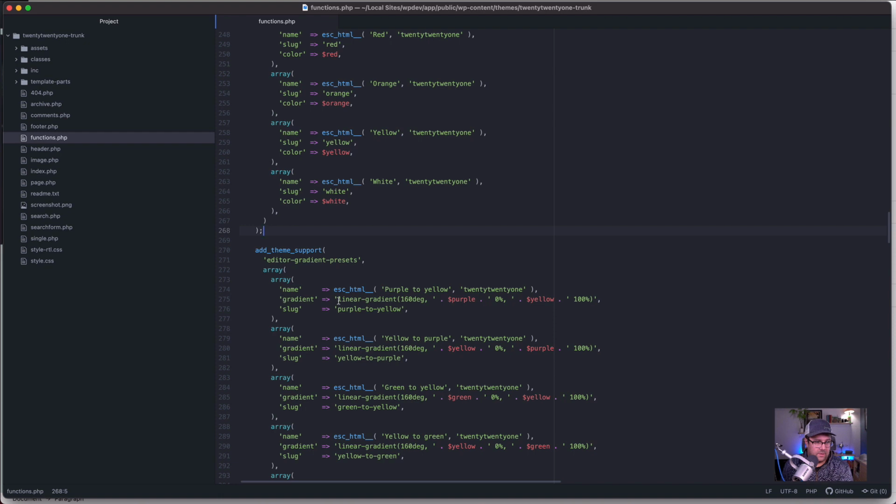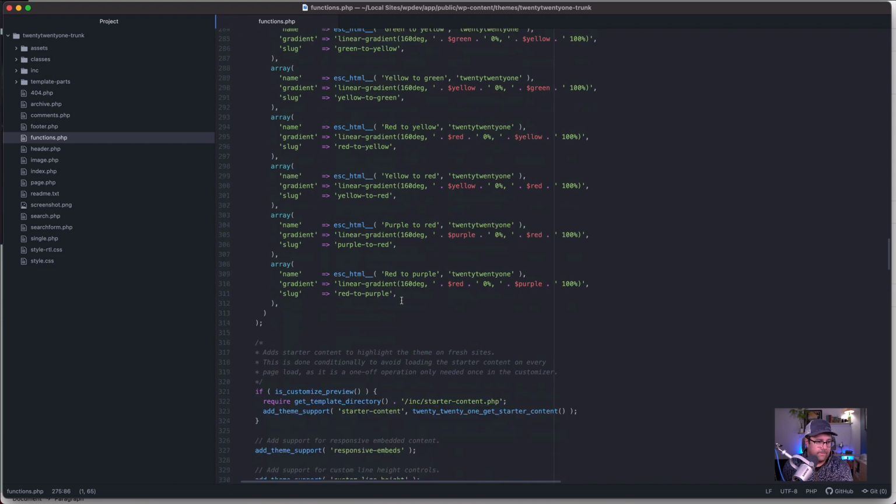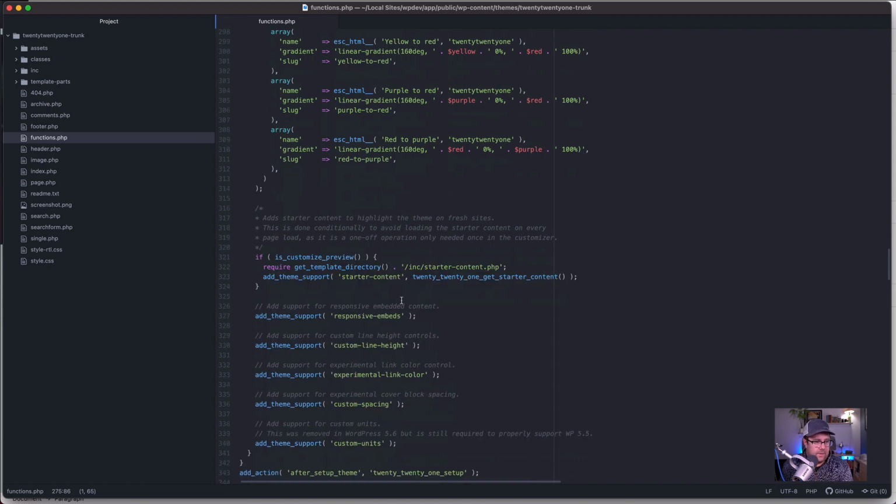And essentially this gradient right here, or this code right here, is just some CSS code to display the gradient or how it would be set up by default. Then you have, so here is the starter content. And if you're in,